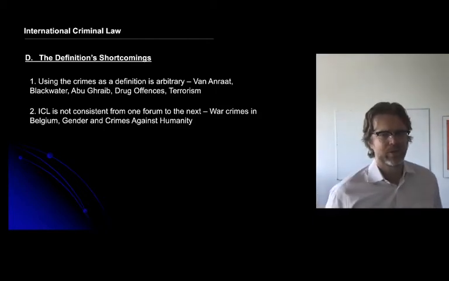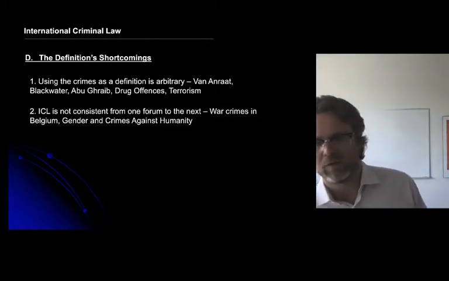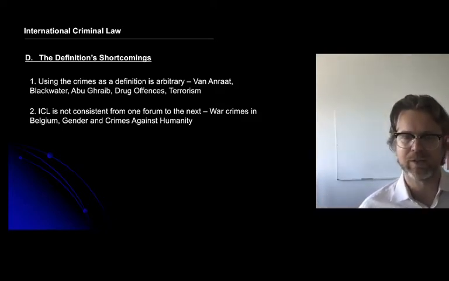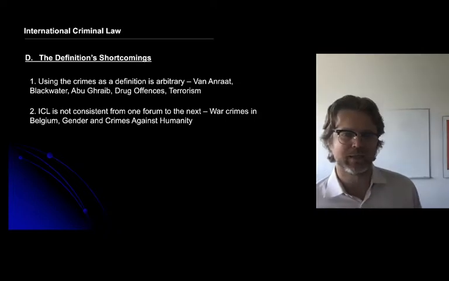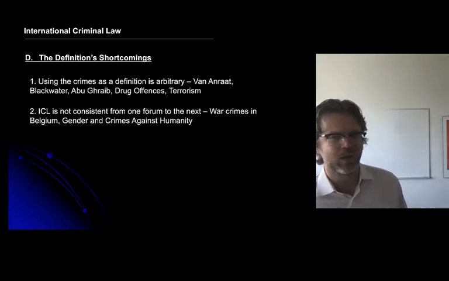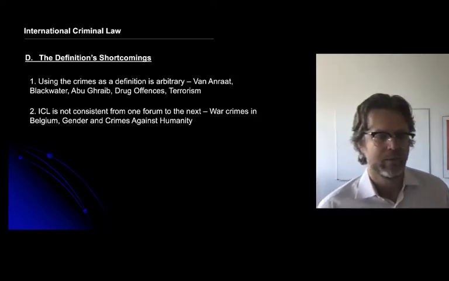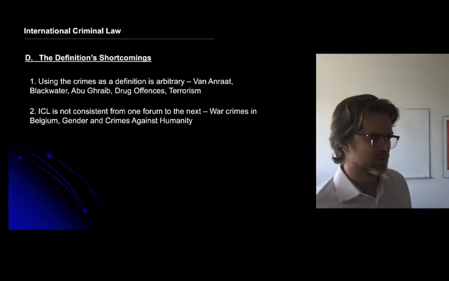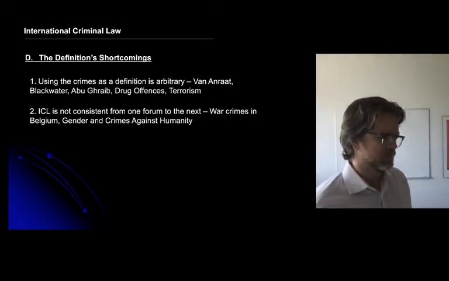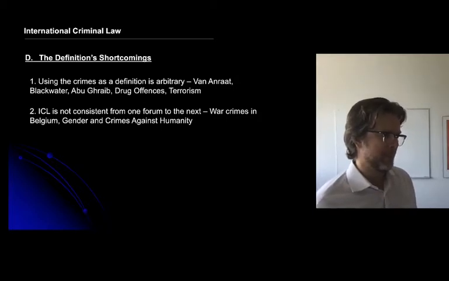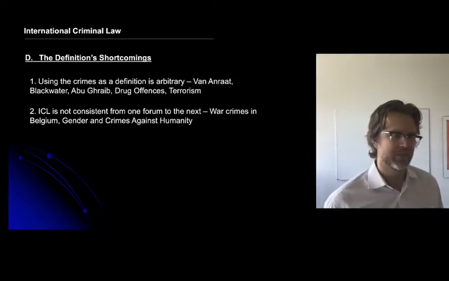What's also interesting as a criticism of the definition I just showed you is that international criminal law is not consistent from one forum to the next. And it's important for you to understand this. There are various reasons why this is the case. But what often takes place in international criminal law is that there is an international treaty